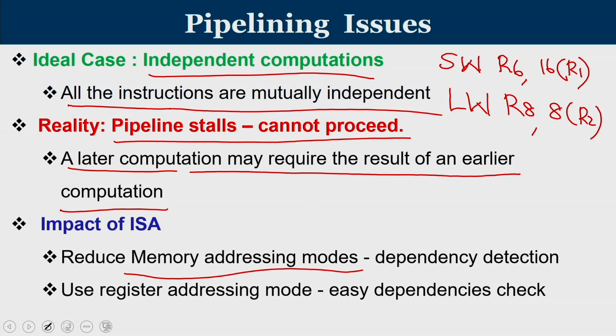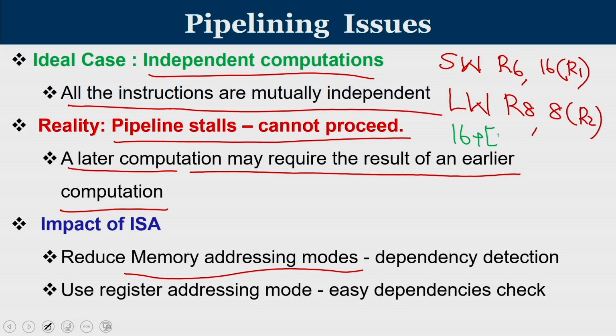If you look at them, there is no operand that is common. The first store word has one of the registers as R6, the other register is R1. The second instruction has R8 and R2 as the registers. There is no similarity between them. So, if generally we ask, is there a dependency between these instructions? We do not find a dependency straightforward, but there can be a case that